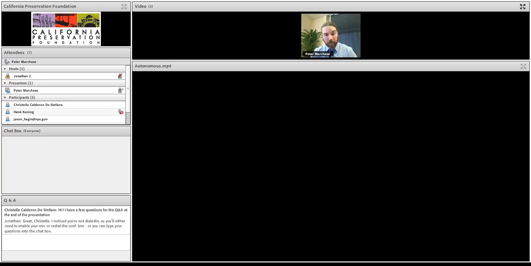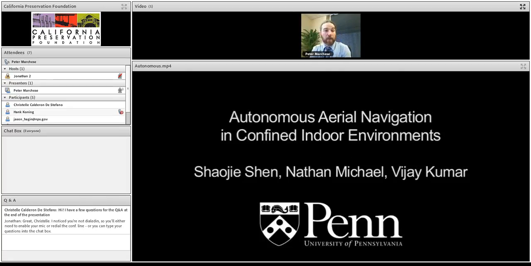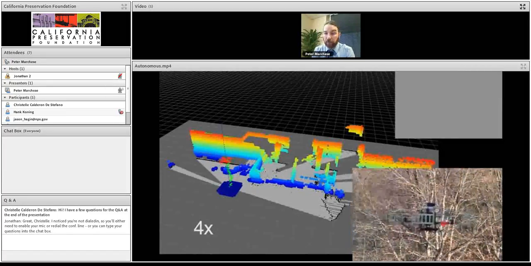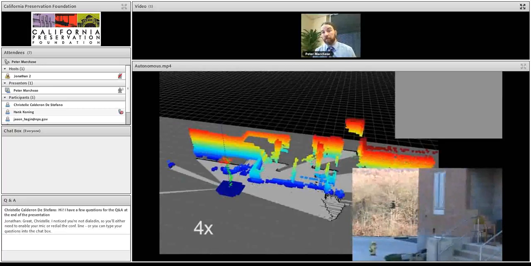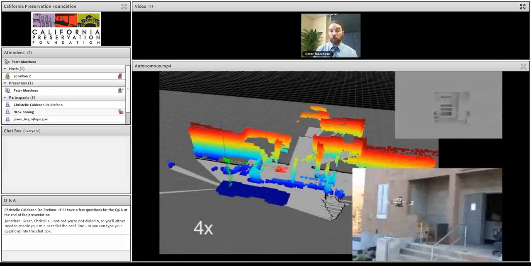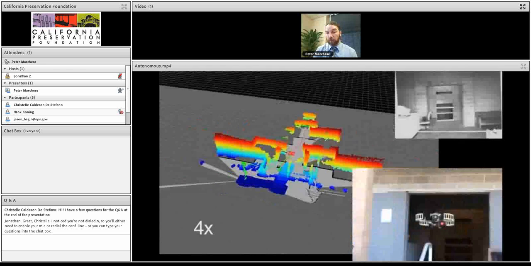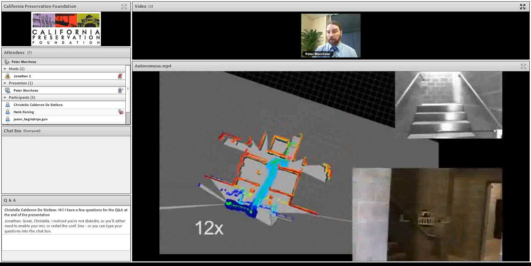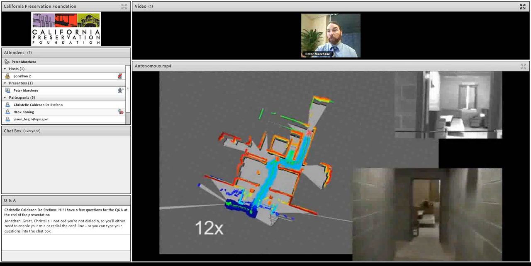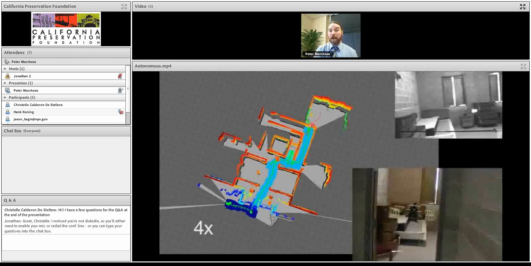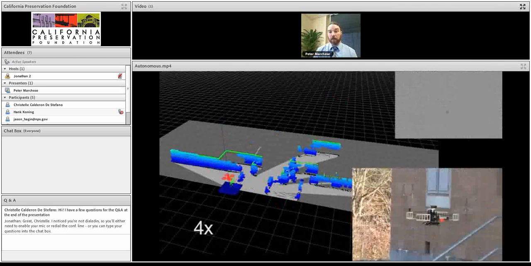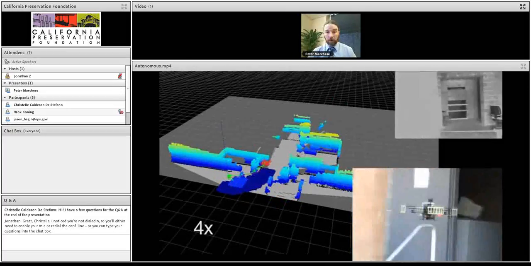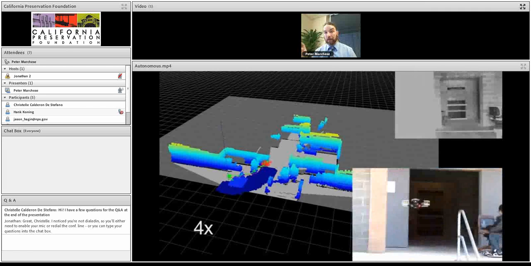Now, this video is not recent, meaning it's not something that just came out last week. It's actually, I think, a couple of years old at this point. What you're looking at is an autonomous drone. No one's sitting out of control, no one's flying it manually. It's being told programmatically to go into a space, work its way through, and scan where it's going. The image on the right is where the drone is. The image on the upper right is what the drone sees. And the map that you're seeing is a live feed of it building a 3D floor plan, essentially. So the idea of having those little pups from Prometheus going